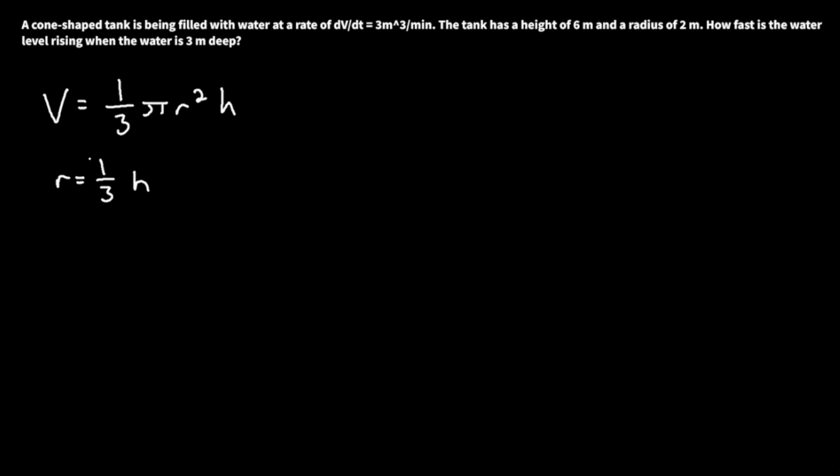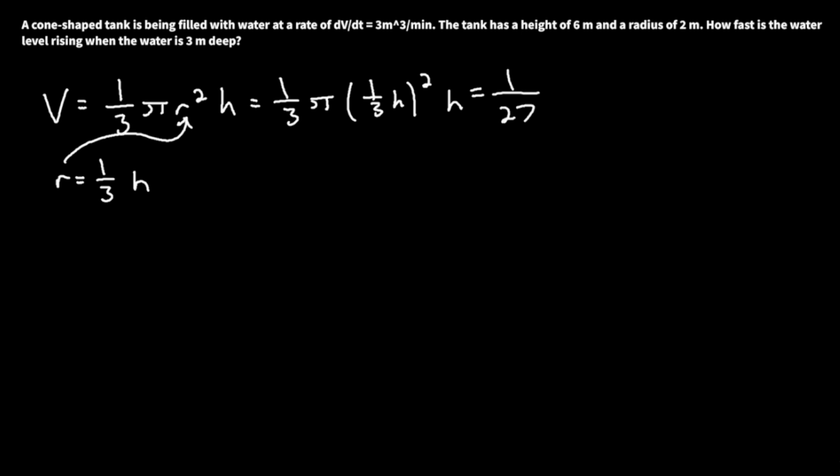So what we can do is actually substitute r into this problem here. We would get 1/3 pi times 1/3 h squared times h. And if we were to expand everything, we should get 1 over 27 pi h to the power of 3. And this is equal to the volume. Keep that in mind. So if we rewrite this formula, volume of 1/27 of pi h to the power of 3, and take the derivative of this entire function,